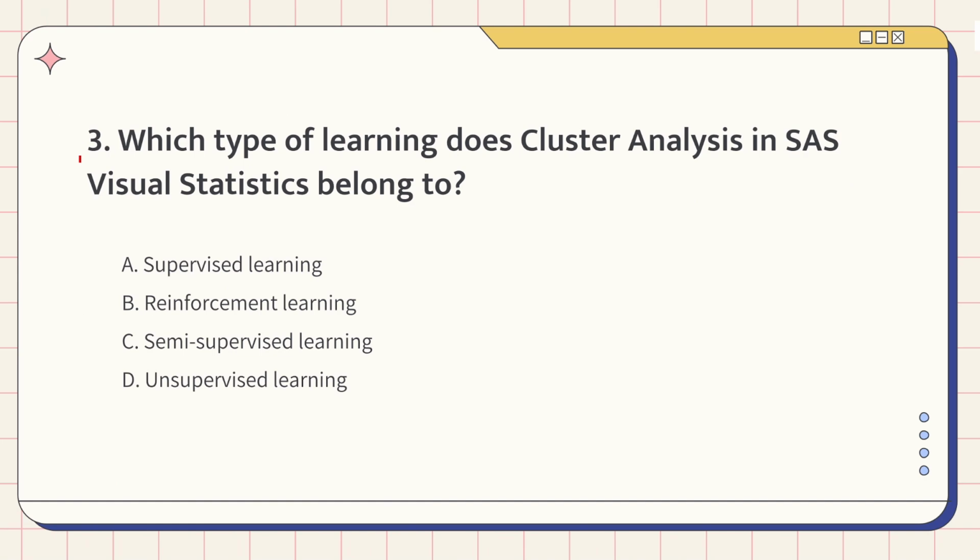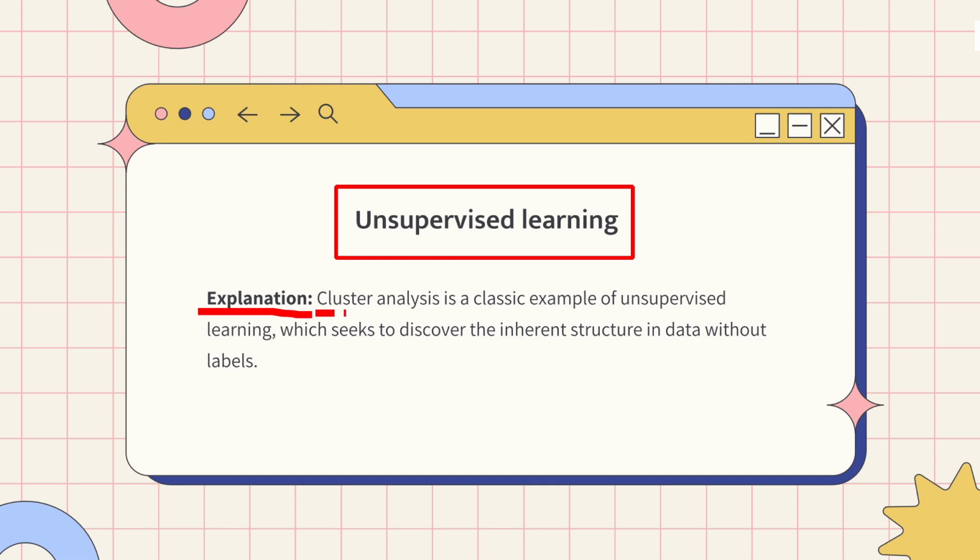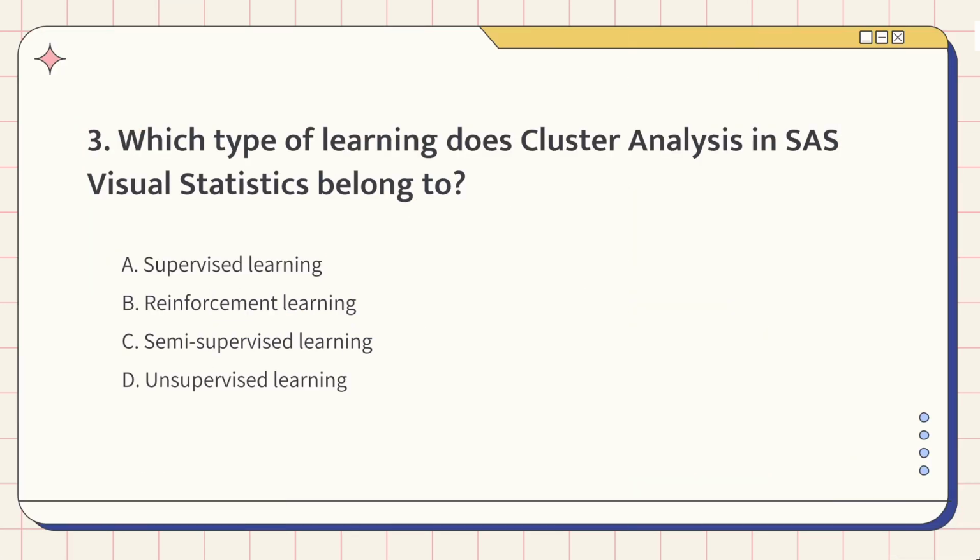Question 3. Which type of learning does cluster analysis in SAS Visual Statistics belong to? This question tests cluster analysis. The knowledge points of this question are unsupervised learning. Cluster analysis is all about finding patterns in data without any guidance, so it's a form of unsupervised learning. So the correct answer is